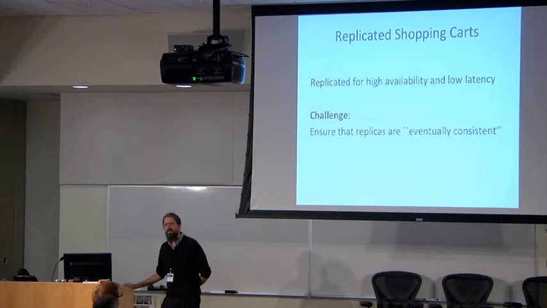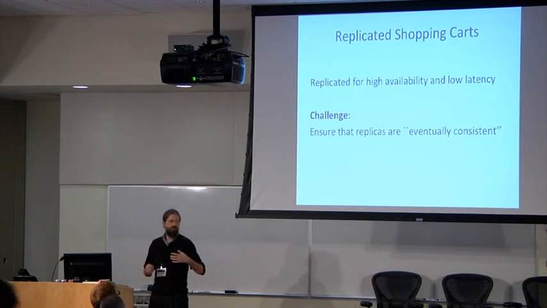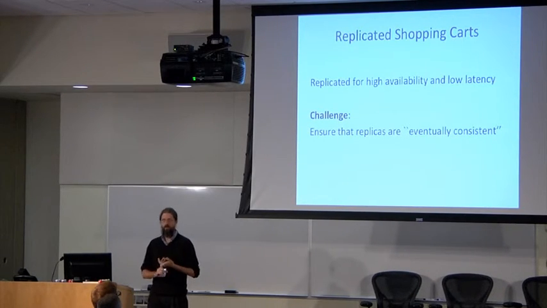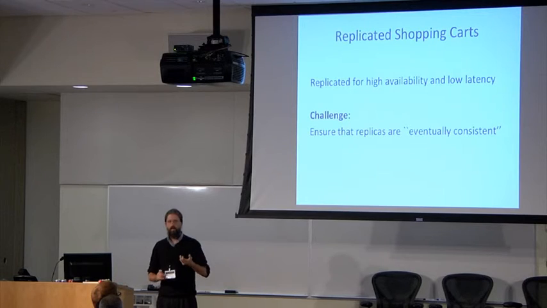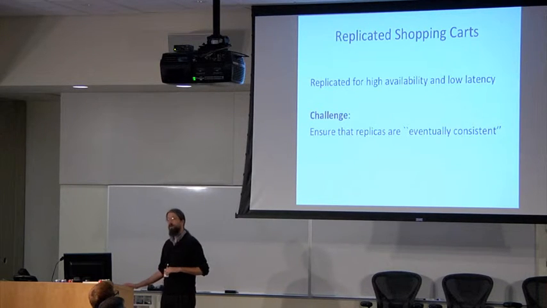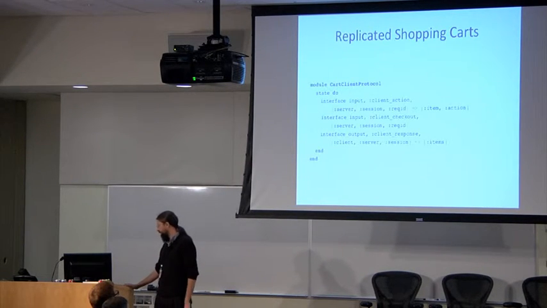When's the end of the day? Oh, it's when a checkout comes, right? We know when the end of the day is in this application, and we can use that. And we all read the Dynamo paper, right? We know that there's a sort of best practices for how to build these things. We can't use all immutable data structures because carts aren't immutable. Not all updates commute. But we can reason about when updates commute, try to keep our coordination costs low. But we don't have concrete tools to help us in this process. We have to use distributed systems programmer genius to do this. So can we help with that?